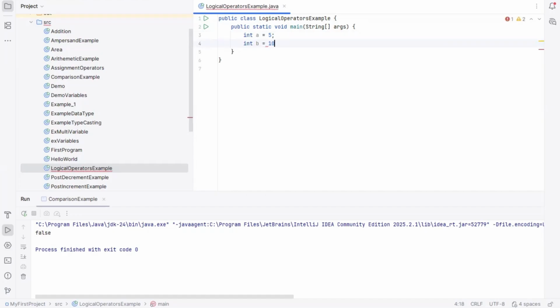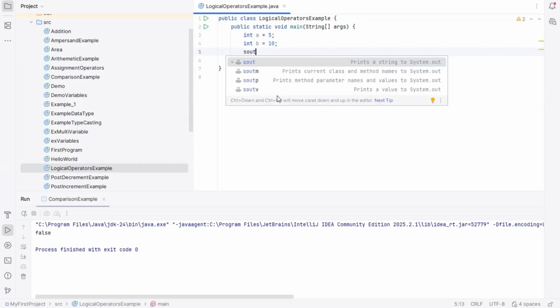Now I want you to have two statements, where both the statements are true. Whatever examples we have seen, we are going to do. System.out.println,